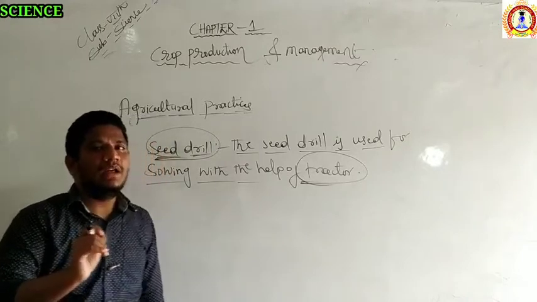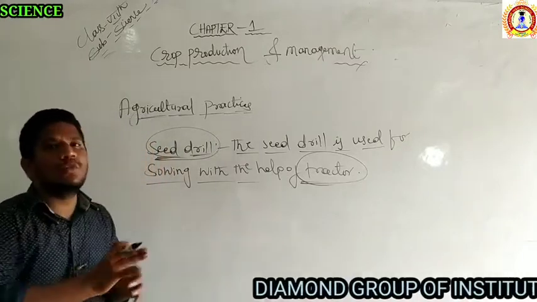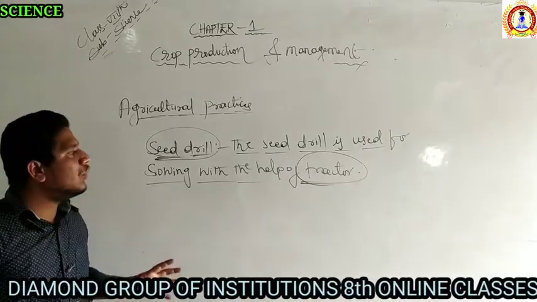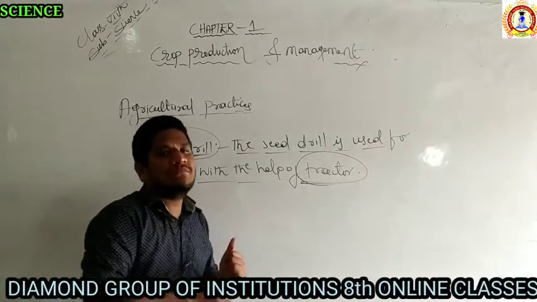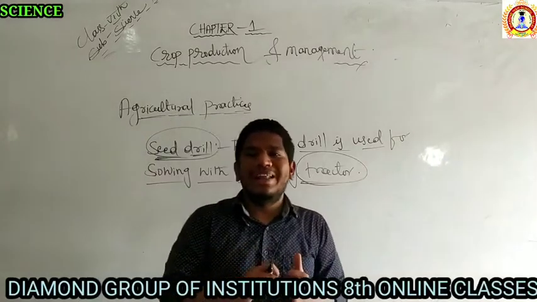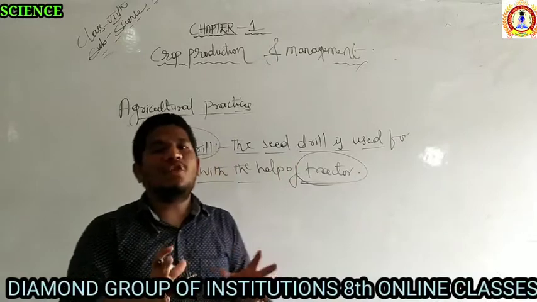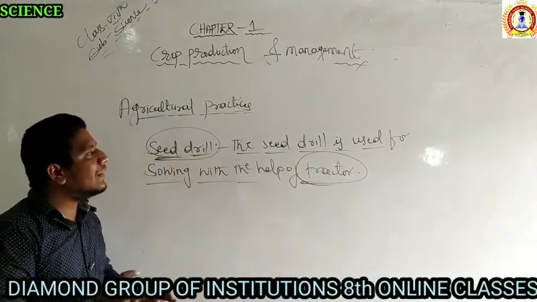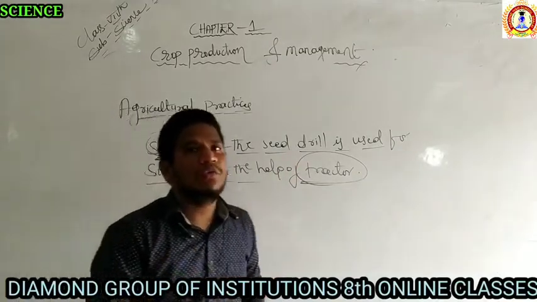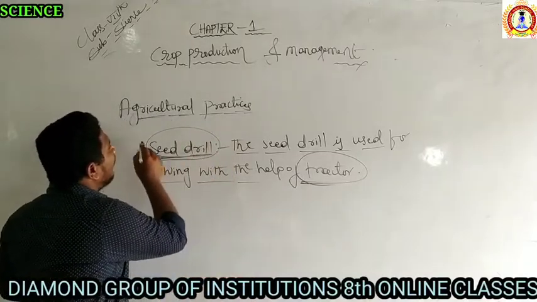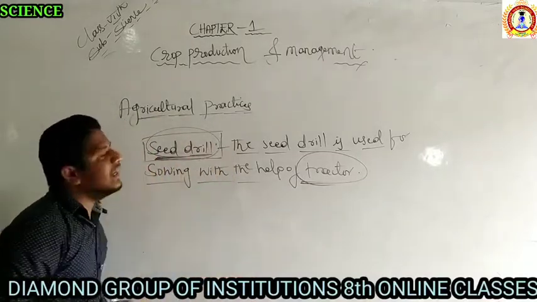That is the reason. And it uniformly distributes the seeds in all the area of the land. Also it is going to save time and save labor, as less labor is going to be used there. So it is going to do a lot of things that many people commonly cannot do. That is the reason nowadays in agriculture practices there is very large scale use of these seed drills,